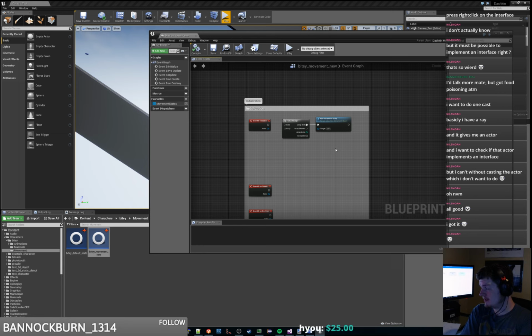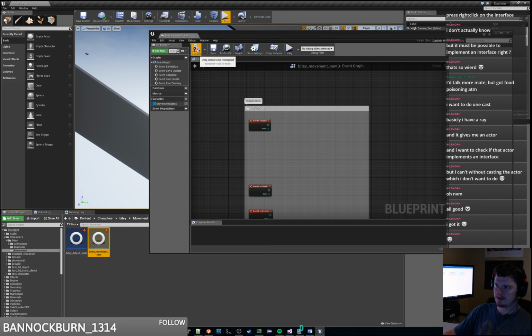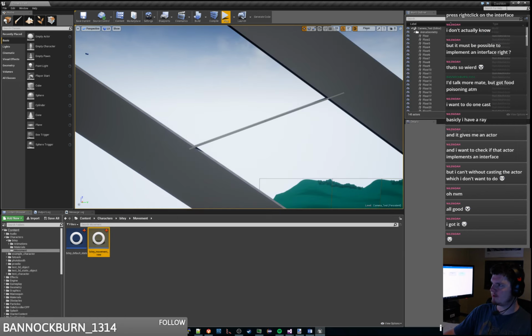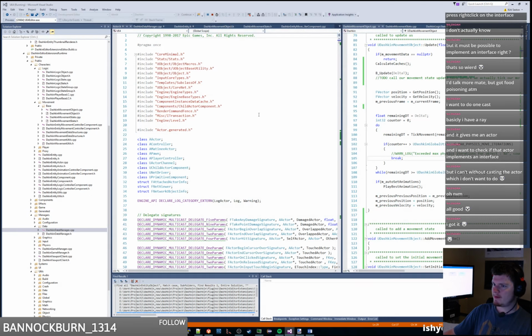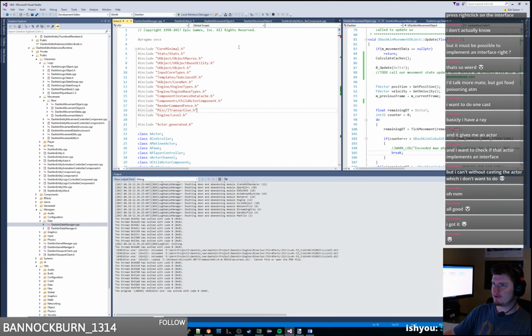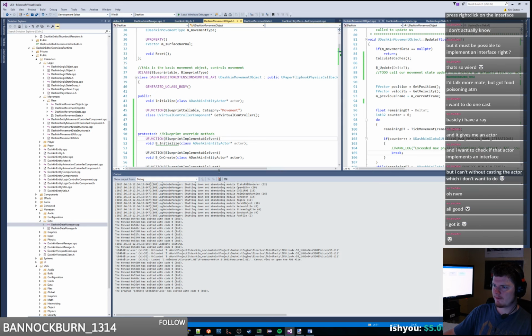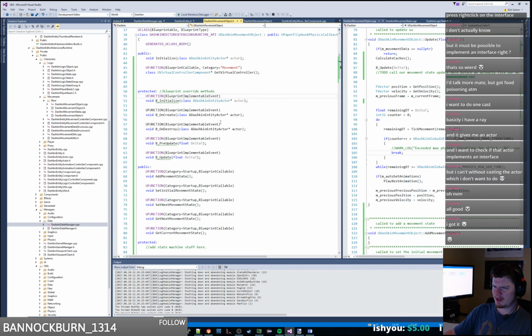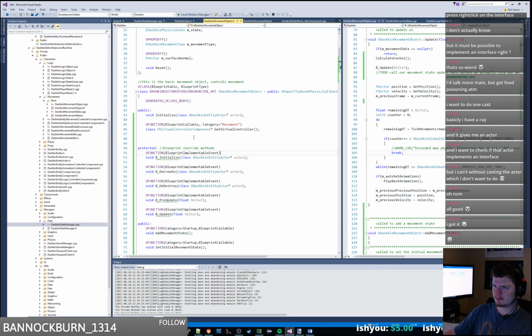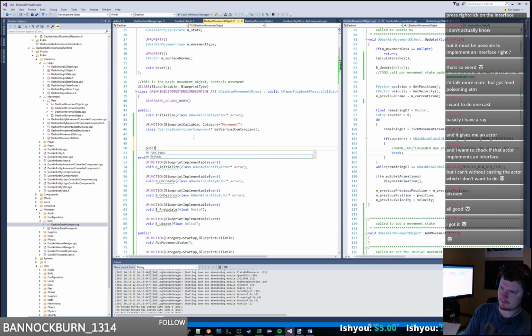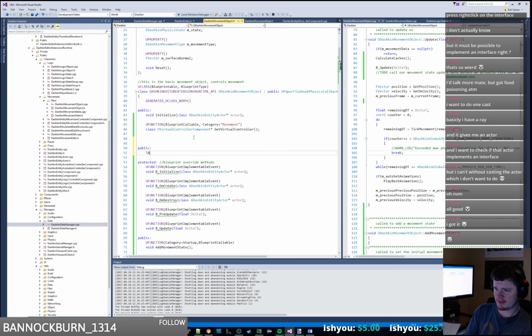Actually, I think doing this in data is probably the easier thing. So, yeah, we're just going to do it how we did it with the AI there. For our movement object, we're going to have a public T-array of